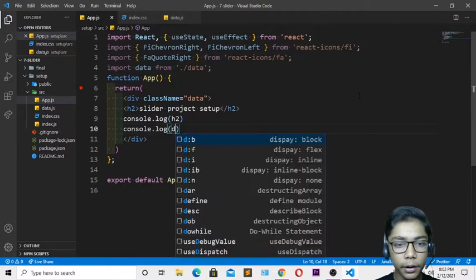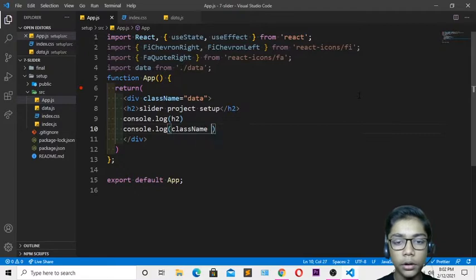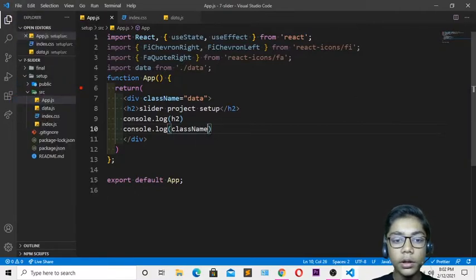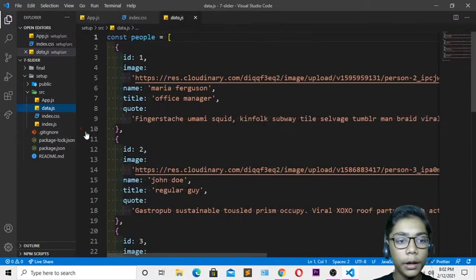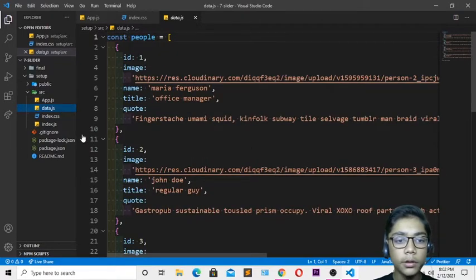So I will be defining over here class name, so I'll be writing a class name. Now it is enough. So when you've done that, you have to hit save, and now when you've done all these things, your work has been done. We have just worked with our app.js file, so you don't take care of this data.js like I'm telling you.